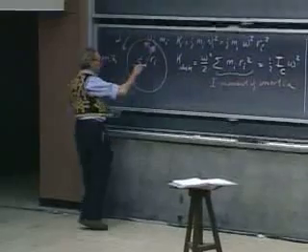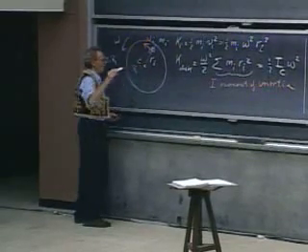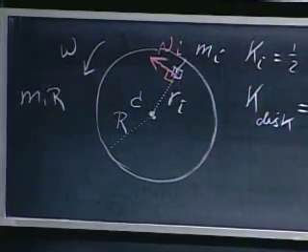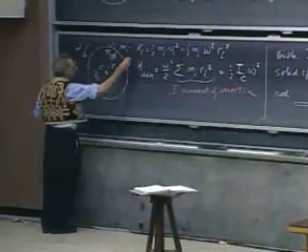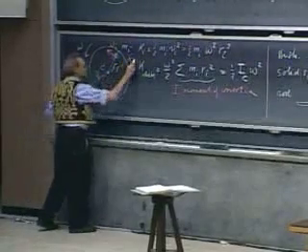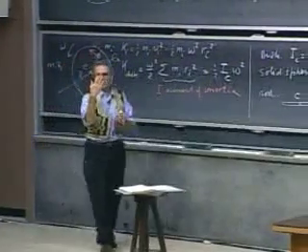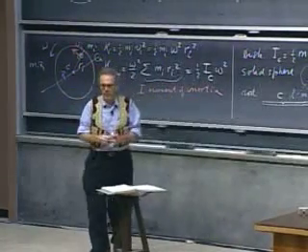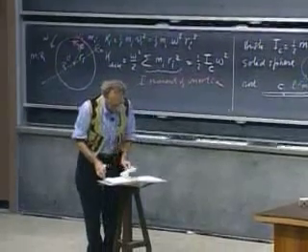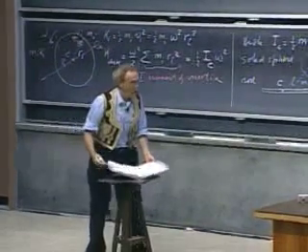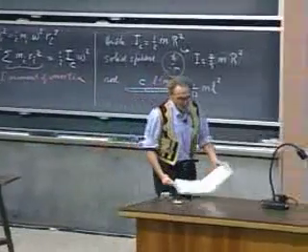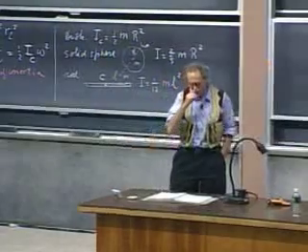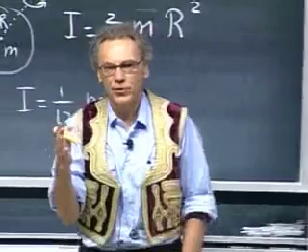So the moment of inertia for rotation about this axis of a solid disk is 1/2 mr squared. But it's completely different, the moment of inertia, if you rotated it about this axis. So you take the plane of the disk, instead of rotating it this way, you rotate it now this way. You get a totally different moment of inertia. And most of those you can find in tables. But not all of them. Tables only go so far. And that is why I want to discuss with you two theorems which will help you to find moments of